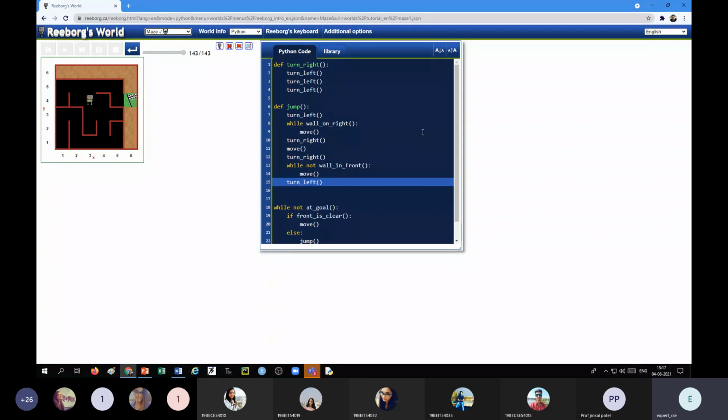So these are the three basic hierarchy which we are supposed to use. First, if possible, we go on the right hand side. Second, if the first one is not possible, then we'll go on the front side. And if both are not possible, then only we will go to the left hand side.